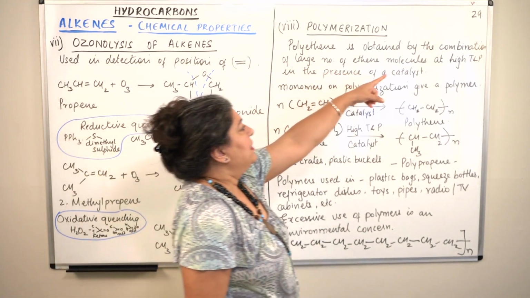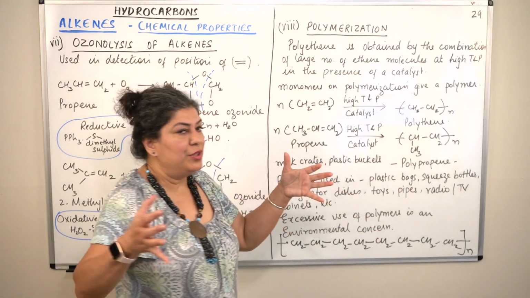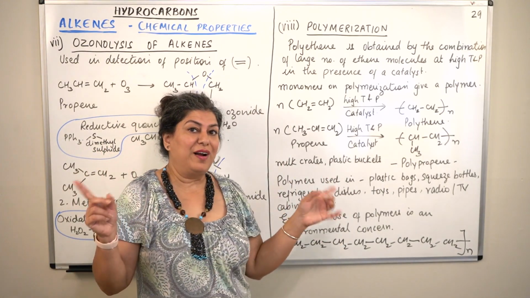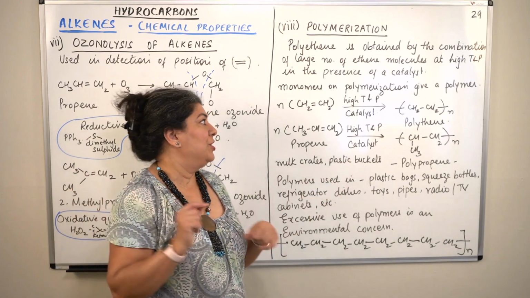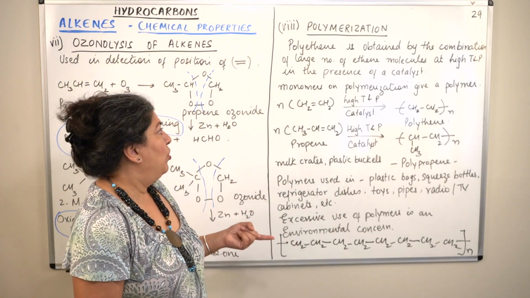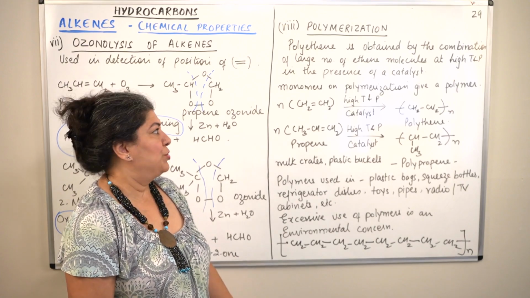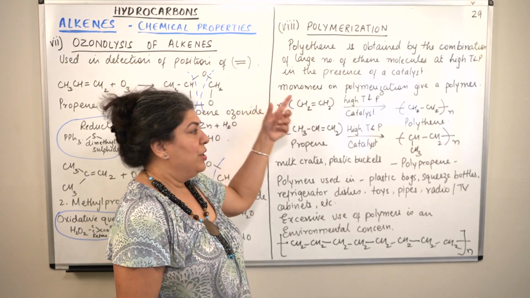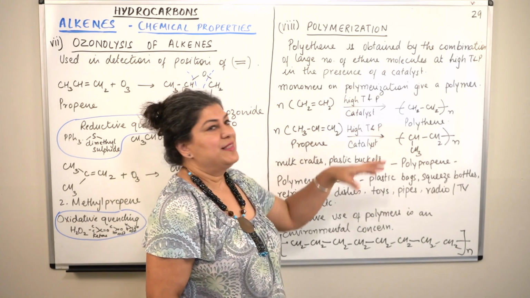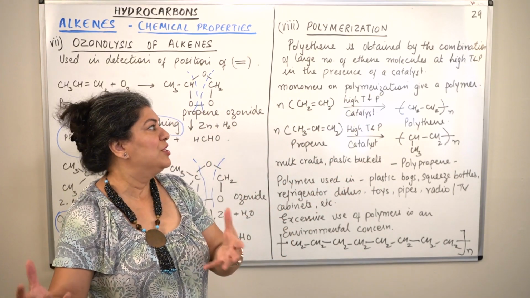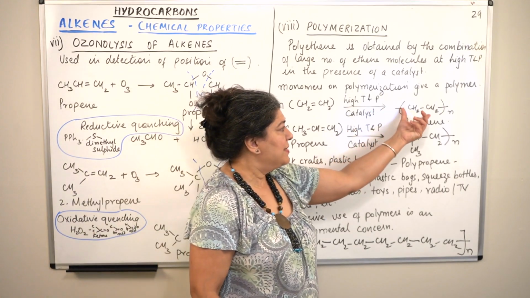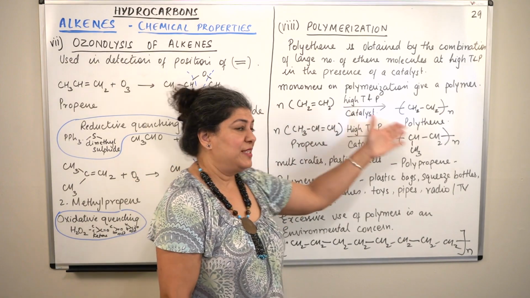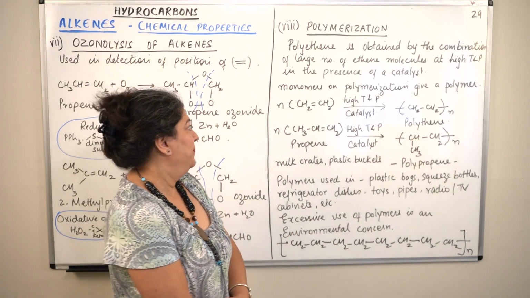So at high temperature and pressure, due to the pressure, the molecules come close and the dangling electrons on each of the carbons start joining with each other, resulting in the formation of single bonds. And this reaction takes place in the presence of a catalyst. The single units are known as monomers, and monomers on polymerization give the resultant polymer. What you get is the polymer, and what you started with was the monomer, and this process is known as polymerization.